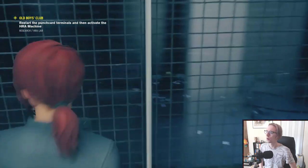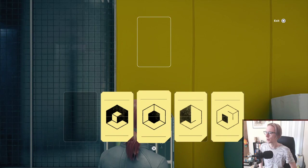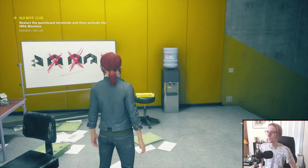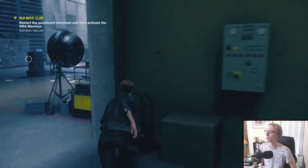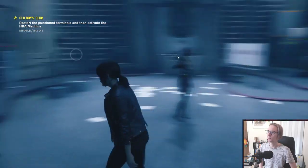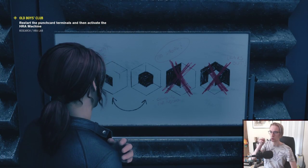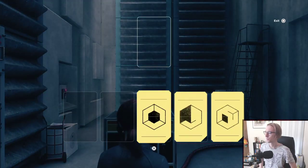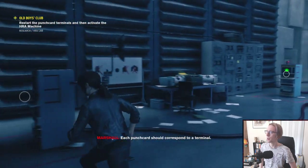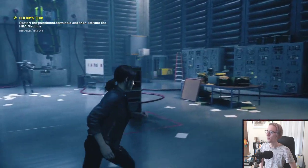Okay, so this is number 4. Number 4 appears to be full top with the middle. So number 4 is that one. Okey-dokey. Which one is this? This is number 5. None of them say which one number 5 is, so that's going to be process of elimination. Number 2 is the fully centered one, because those two are switched. So, that's number 2. Each punch card should correspond to a terminal. Yeah, I'm working on it. Which makes that one number 3, which by process of elimination...